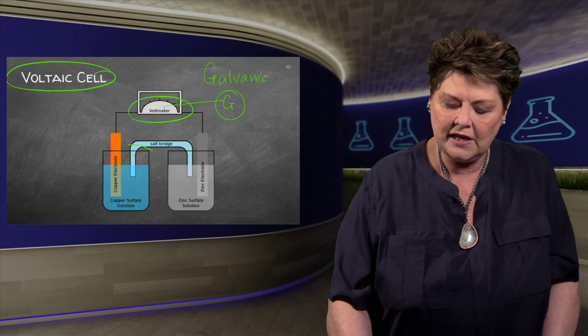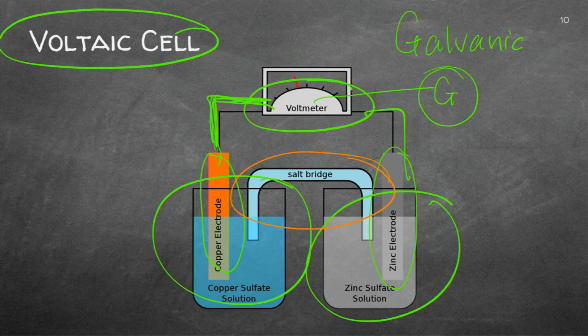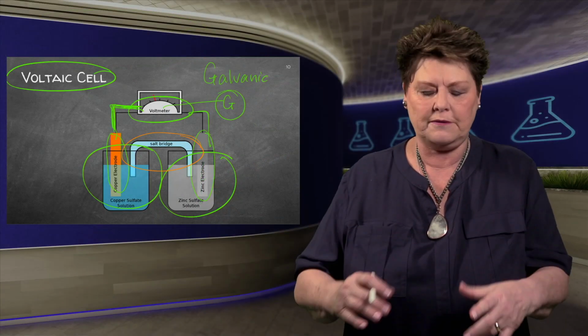So you'll see here we've got two containers linked firstly there with electrodes in terms of carrying the electrons. Can you see that's an electrode there and an electrode there? And then finally, you'll have another connector, the salt bridge. And in the next lesson, we're going to actually look at this specifically.